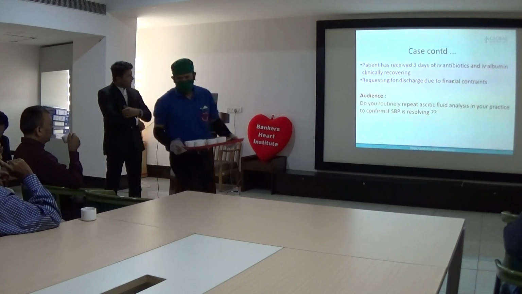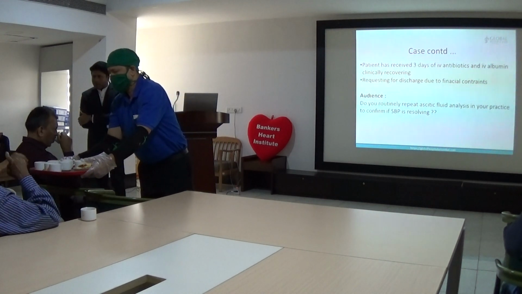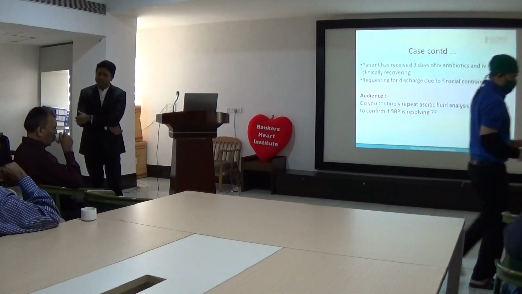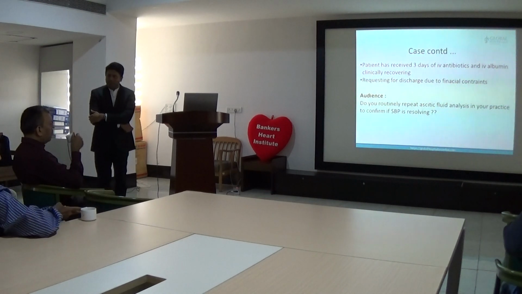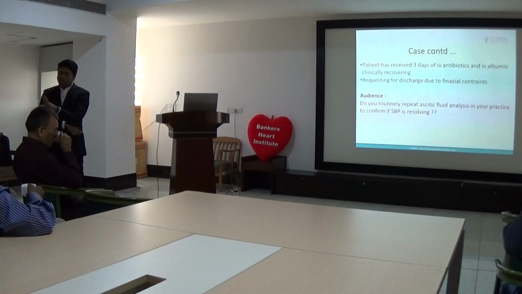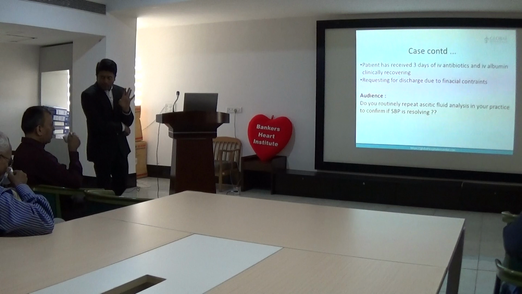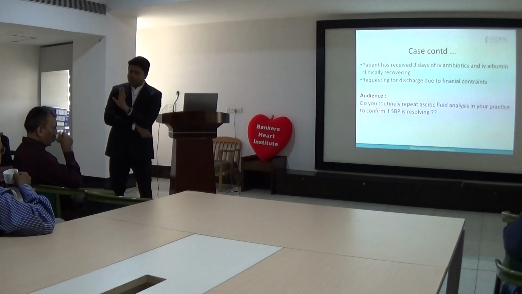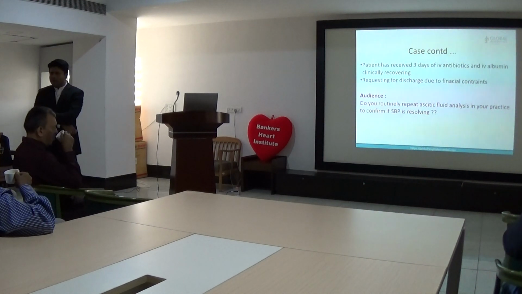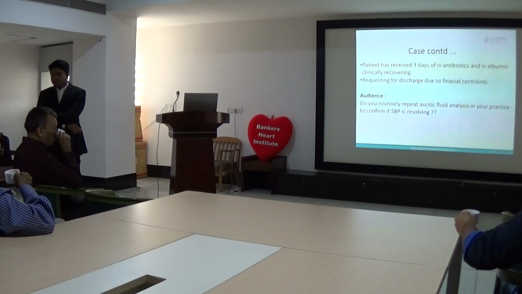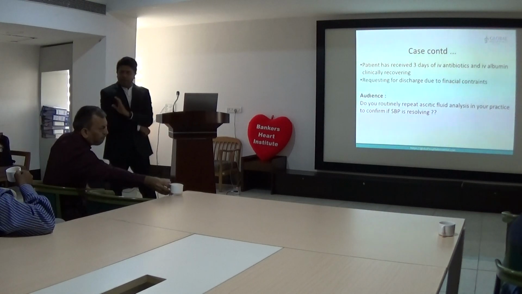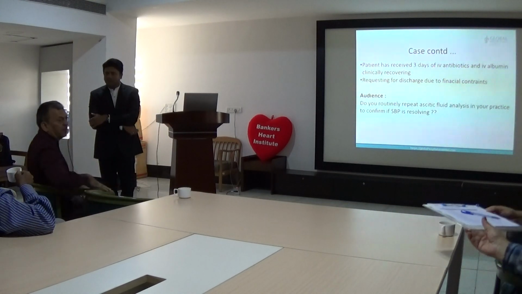Do you repeat an ascitic fluid analysis to confirm whether the counts are going down and treatment is being successful, or not? What would be your approach in this case? Before that, whatever we have sent, have we received it or not? Let's say the culture report has already come. I'll give you two settings. Culture is negative, but you had high counts and SBP at first. What would be your take? If the organism was not picked up on culture, then empirically, whatever we have started, we continue. And let's say the culture is positive and says E. coli, which is pan sensitive. Then also the same is to be continued.